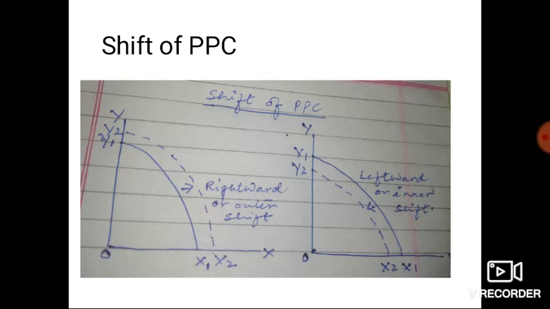Now, the same reason. If Khetilal sold a small piece of land to others, it means the land available to Khetilal becomes less and the production of both commodities is reduced. Similarly, if Khetilal uses a traditional or older technique, due to the older technique, the production capability of both commodities X and Y may decrease. These are the two reasons for the leftward shift of PPC. Again,